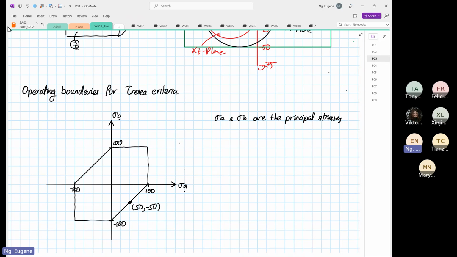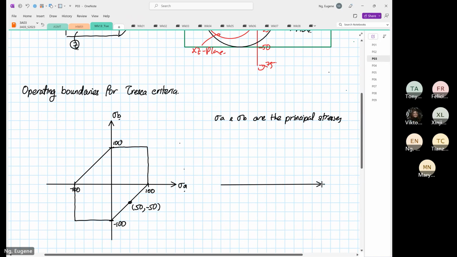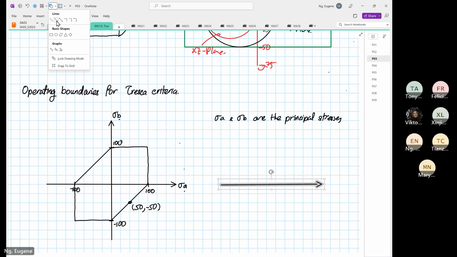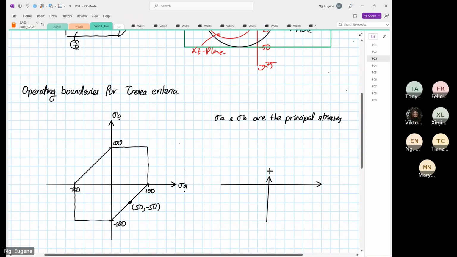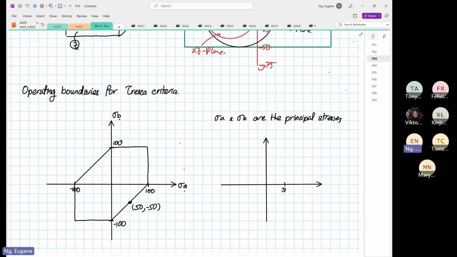So if we were to draw the Mohr circle now, this is 50, 100 normal stress, shearing stress clockwise, anti-clockwise, minus 50, minus 100, 50, 100, minus 50, minus 100. So our operating bracket